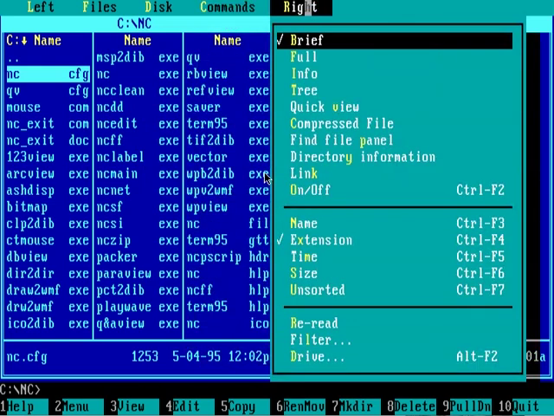Alright, regarding the panels, you can have all sorts of ways to organize information. You can use the brief presentation, that is actually what you see over here. The full, that would also present details about files. The info, that would just have a separate panel. This would eliminate the file list and would just offer various